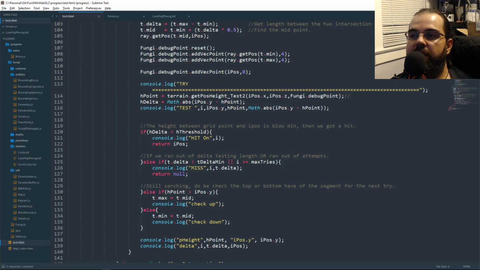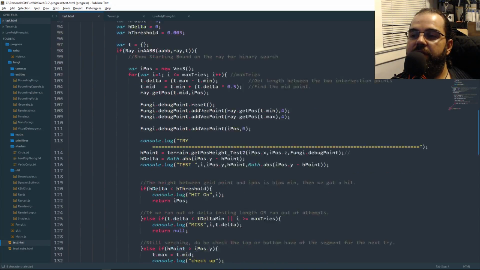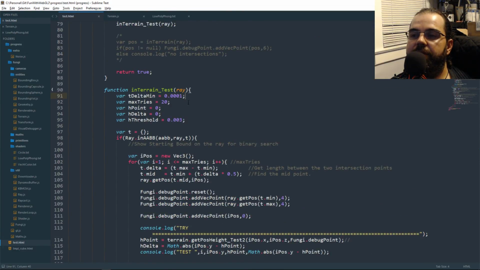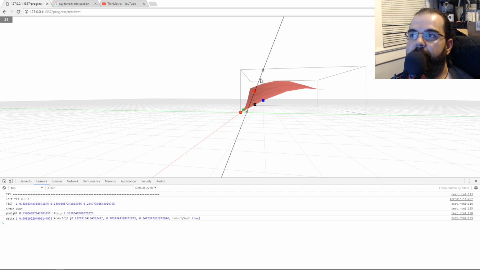Our exit strategy, like I said, is the delta. If the delta is less than the min delta, where's min delta? Oh, that's T min delta. If the distance between the 2 points is less than that, remember this right here is the delta, the T delta. If this value that we calculate is less than or equal to this, we're done. That means these 2 gray points are too close together. If we did not find an intersection point by the time that these 2 points are really close together,